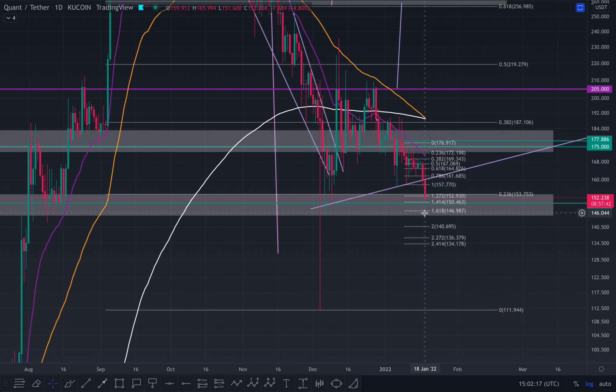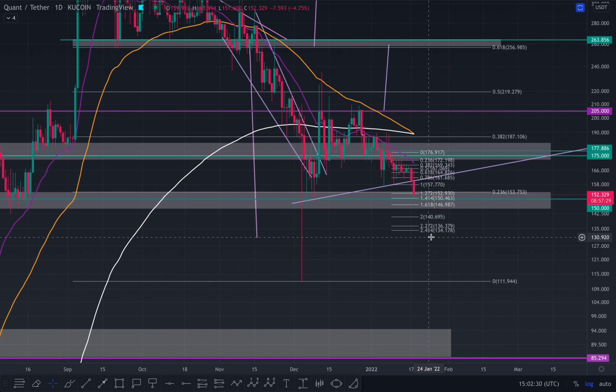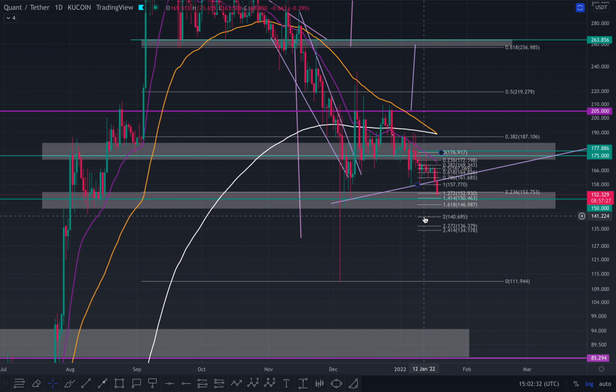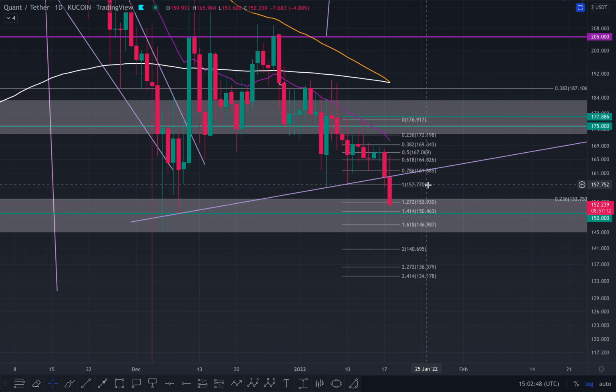So I would anticipate that we do come down to the 1618, but on a daily candle close, I would like it above this green line. It doesn't matter if it's below, just as long as it's inside of this white box. If we were to roll over some more, then we would look at some other targets. I think maybe even, where's that wick sitting at? Maybe even roughly the 2 because of that wick. So you could come all the way down roughly to that 2, but we want to be closing above that with bodies above that, basically. I'm going to show you why in a second as well, why that needs to hold.